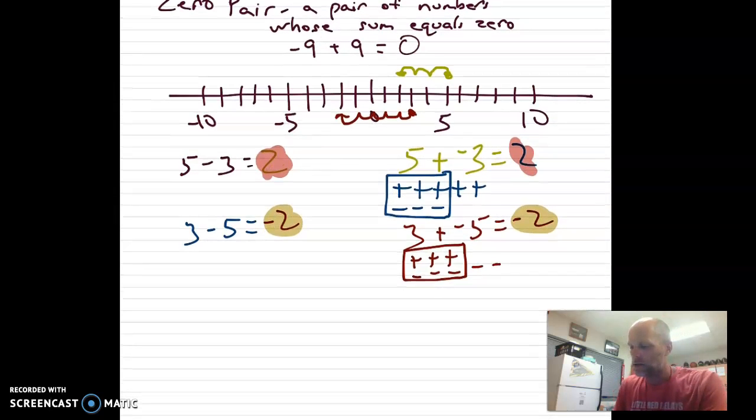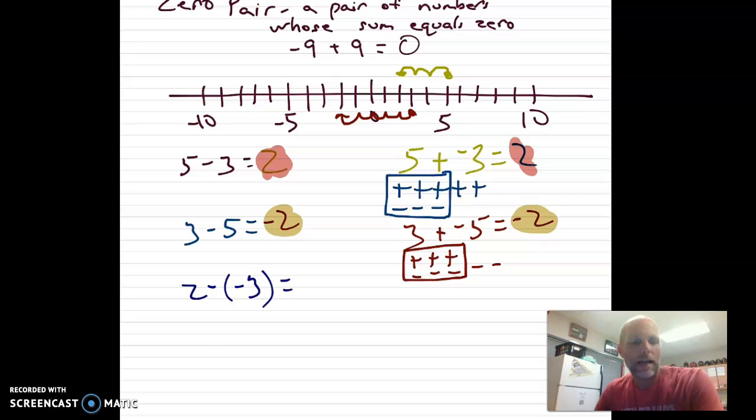All right, so we're going to do another one. How about 2 minus a negative 3? Well, this one's kind of tough. You can think of this in two ways. The way that helps me is referencing something that you would learn in English. It's called a double negative. That's what you see up there. You see minus and negative, two negatives right in a row, right? So a double negative in English,